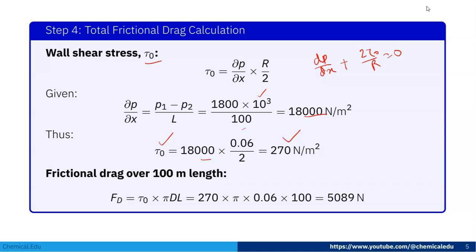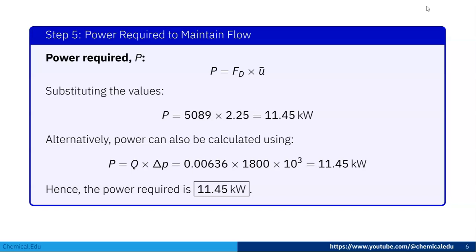Okay, frictional drag. So tau 0 into pi dl. So 270 into pi into 0.06 into 100. So that is 5089 is the drag force. So now after getting the drag force, we can easily